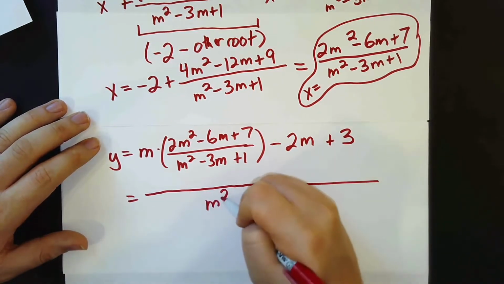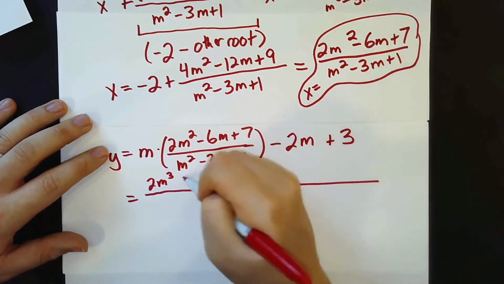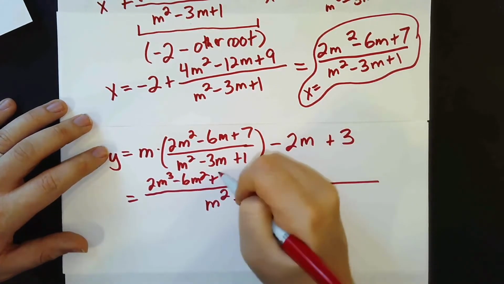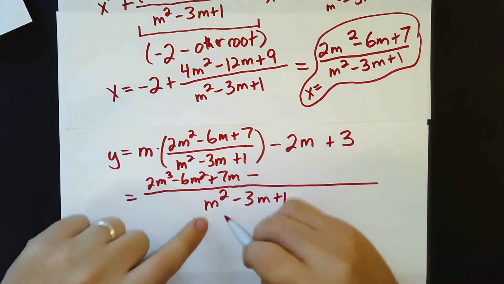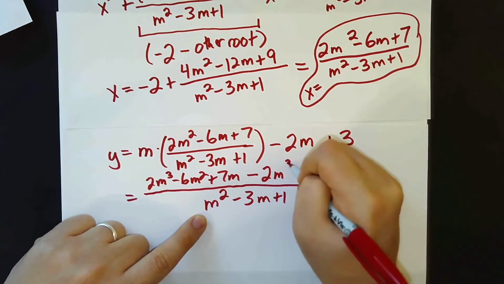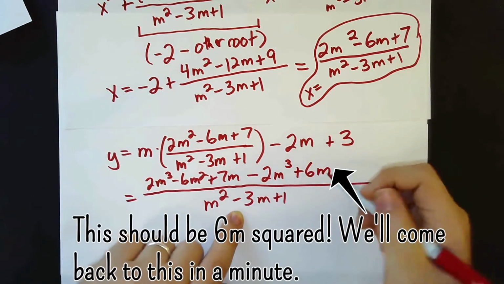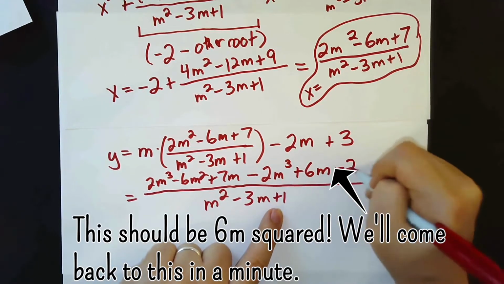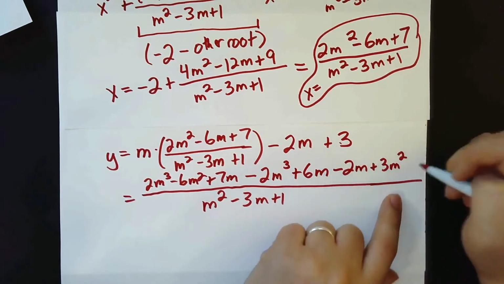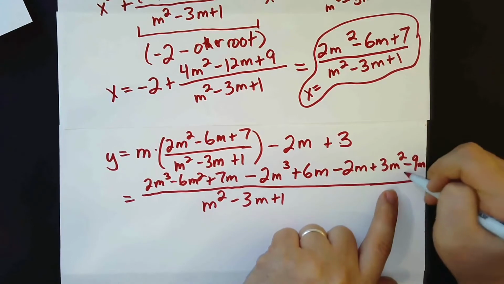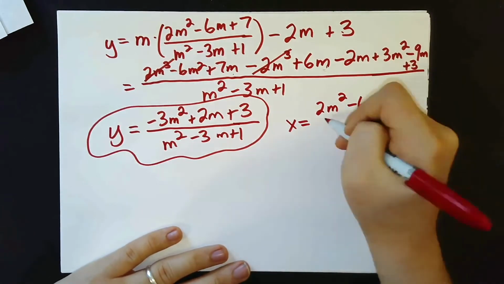So we're going to put this all over our denominator. So this is going to be 2m cubed minus 6m squared plus 7m minus, and now when I put this over this denominator, that's going to be minus 2m cubed plus 6m minus 2m. And then when I put 3 over this denominator, that will be plus 3m squared minus 9m plus 3. Sorry, that got a little messy there at the end. Okay, so remembering what our x was before,